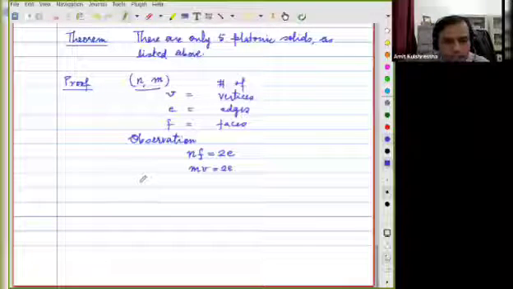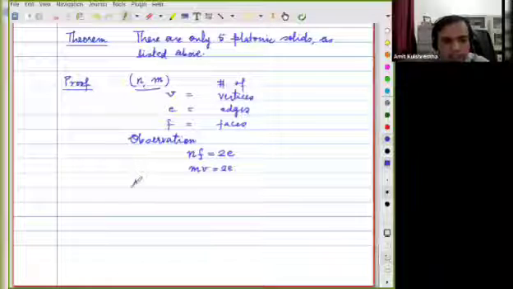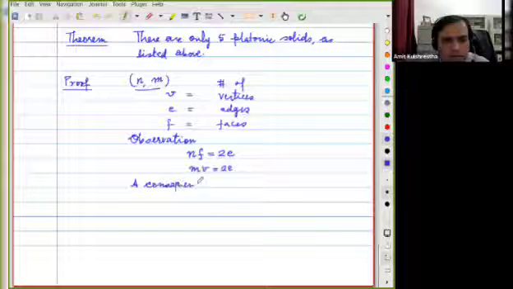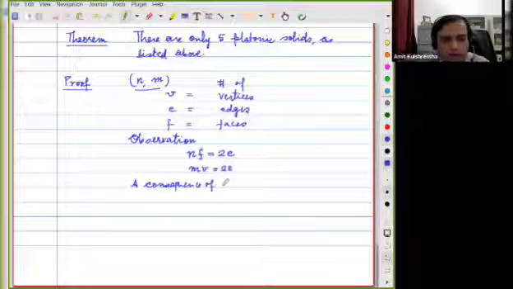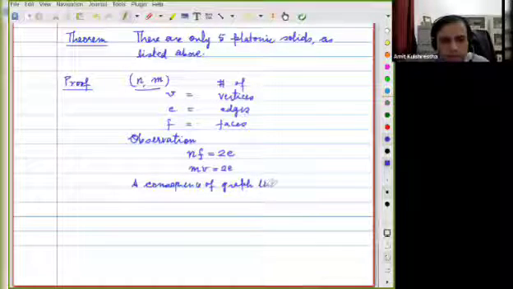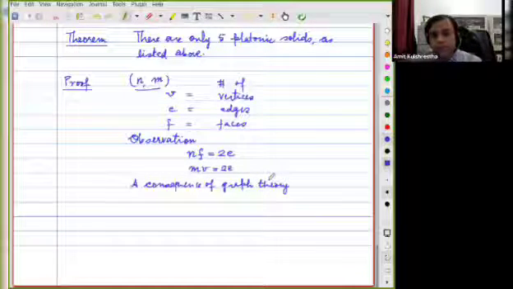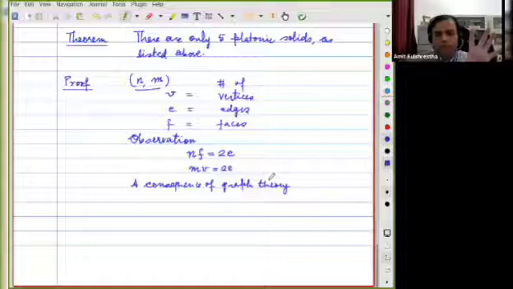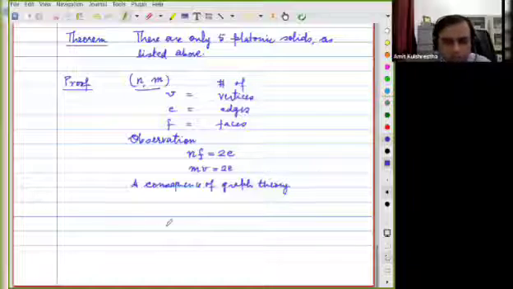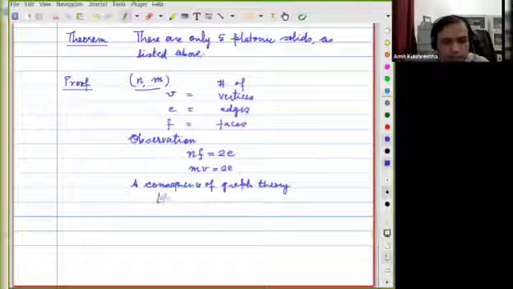And I'm not sure if you have read graph theory. Graphs are not like graphs of functions, but graphs are like networks. There are nodes or vertices, and then there are edges, so nodes and connecting paths. A consequence of graph theory is called Euler's formula.